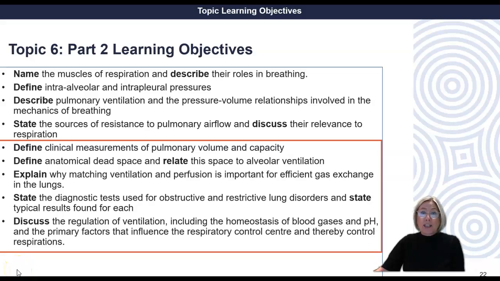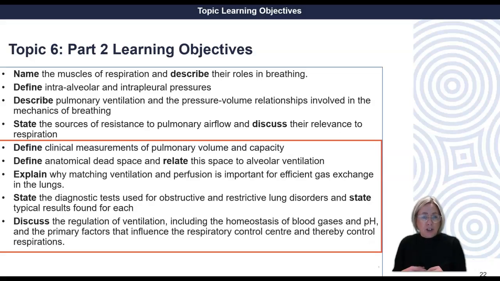Welcome back, everyone. In this part of the topic, we're going to talk about how we measure different lung volumes. In terms of detailed learning objectives, they're to be able to define clinical measurements of pulmonary volume and capacity, define anatomical dead space and relate this space to alveolar ventilation, explain why matching ventilation and perfusion is important for